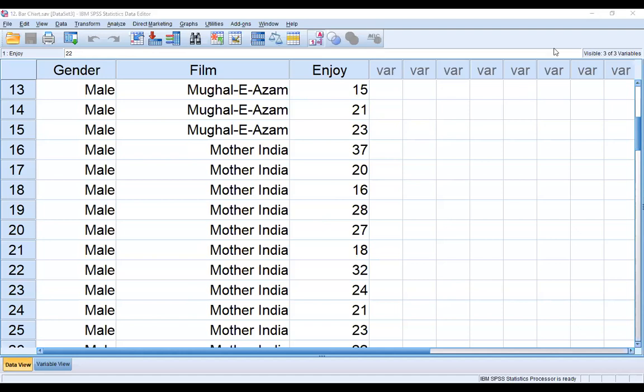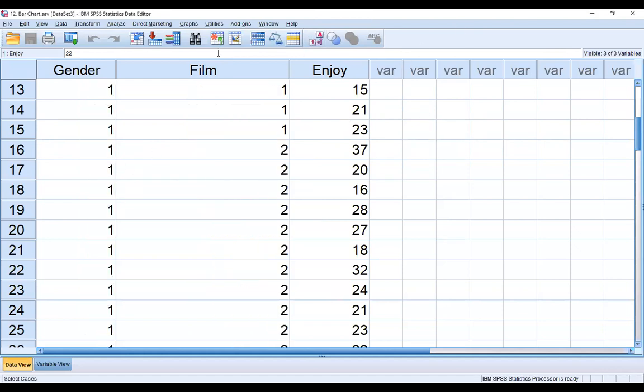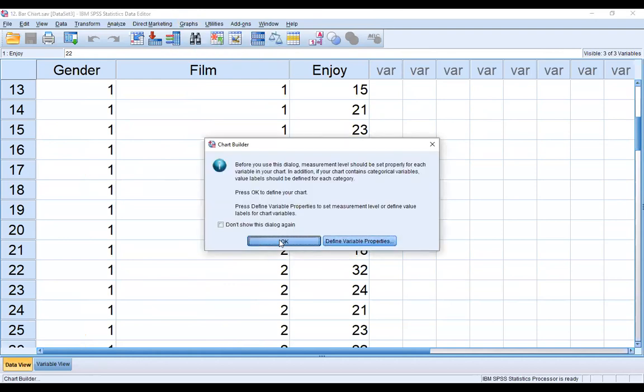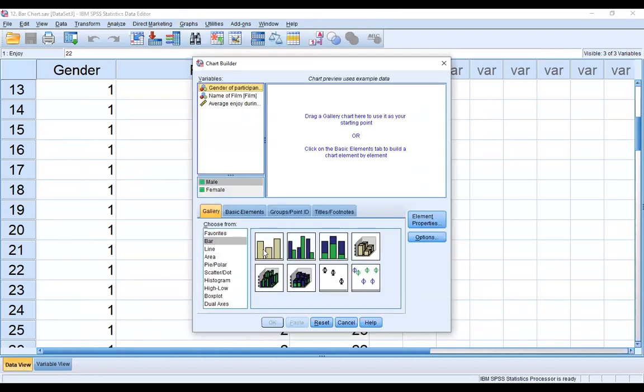So how to create the graph for bar chart? The bar chart, graphs, chart builder. Okay, and bar.